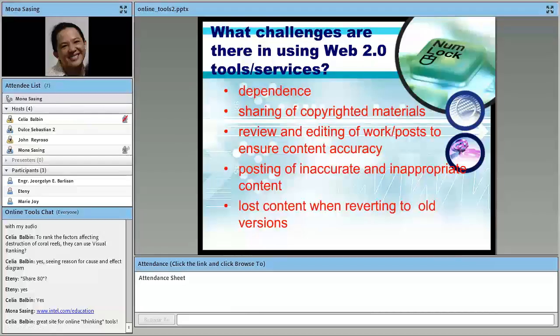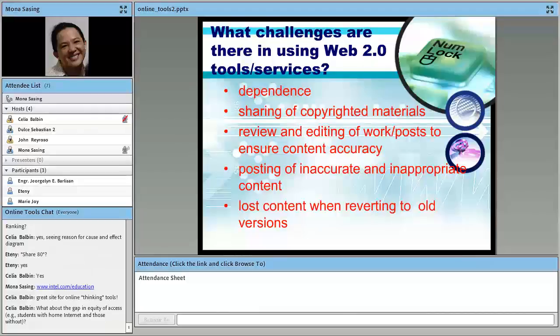Okay? So, there are a lot of other challenges that you encounter when you make use of online tools with your students. So we have to be very careful in planning the activities.